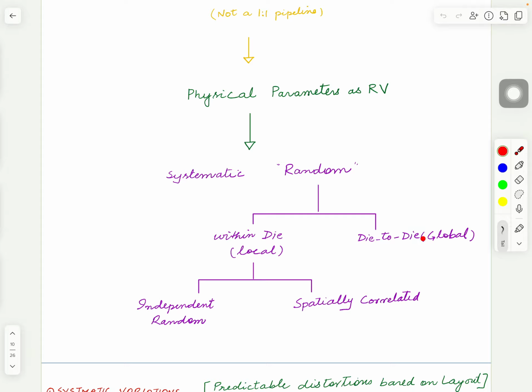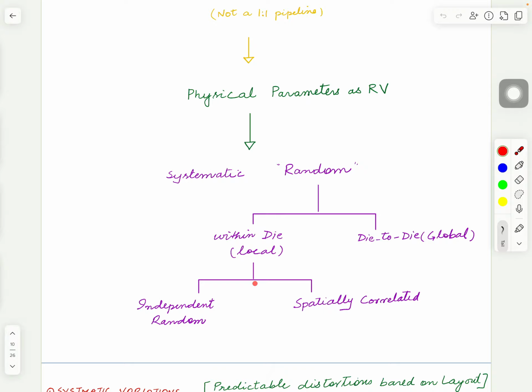Die to die means if we manufacture the same transistor in the entire die, it will have similar parameters. Those physical parameters will be very identical. If they change for one transistor, for another transistor it's going to change in the same way. So the entire die is one, but then there's a difference between die to die. And again, those are modeled in global corners, SS, FF, typical, all those different corners that you guys are familiar with.